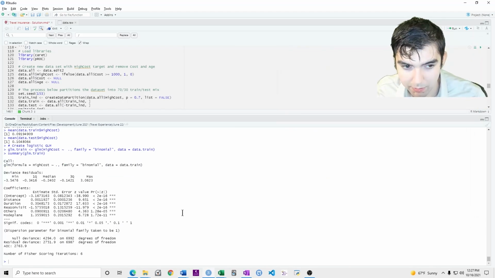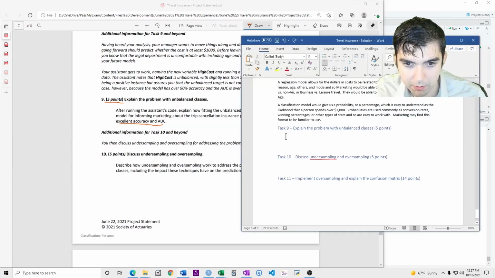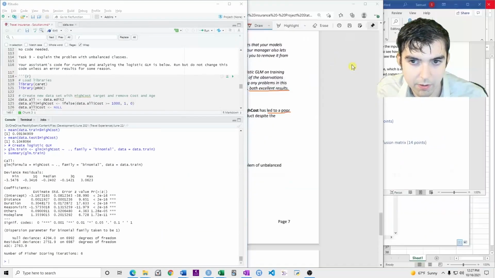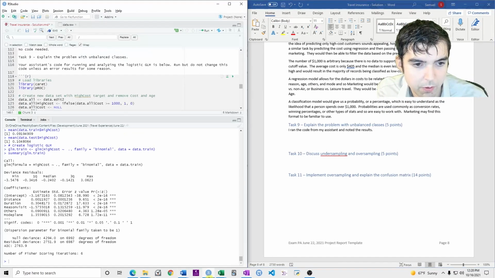So in this case, you don't have to copy it. You can just say that you ran the code. So I ran the code from my assistant, and then noted the results.